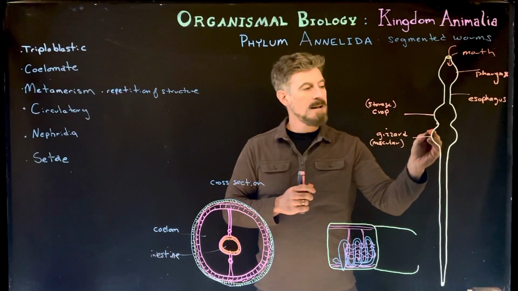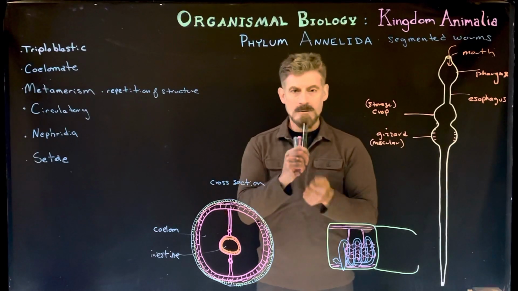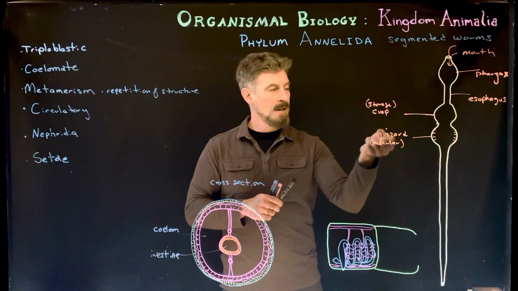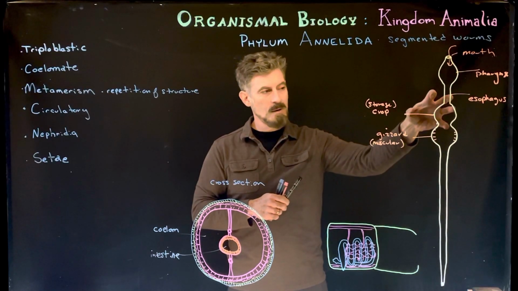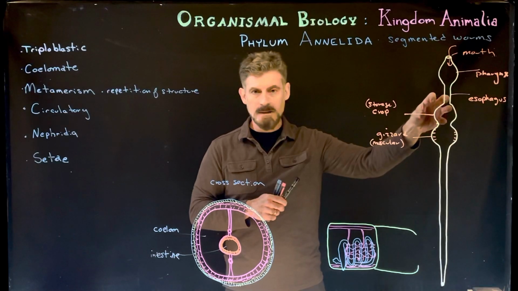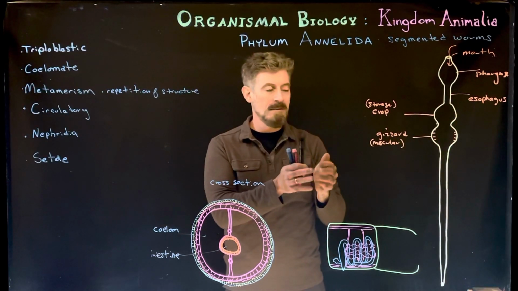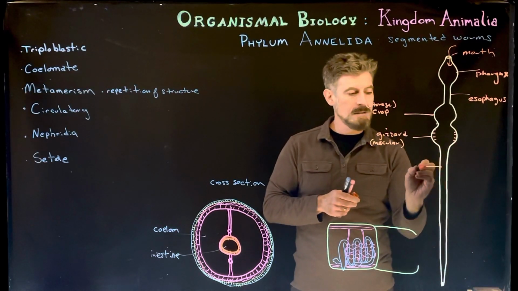In addition to that, it often has little calcified plates inside it that it can use for grinding. So the gizzard is a grinding structure. Essentially food is brought into the mouth, taken through the esophagus, stored in the crop, and then little by little it's pushed into the gizzard. As it goes into the gizzard, it's ground up into very, very fine material before it passes into the intestines,